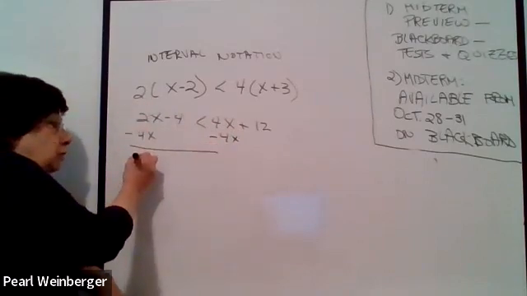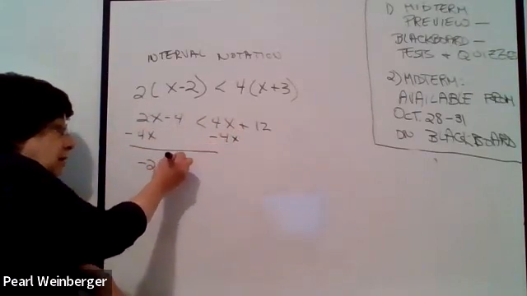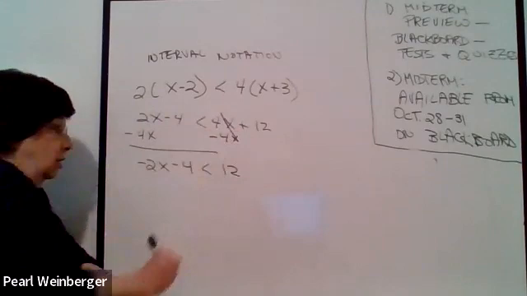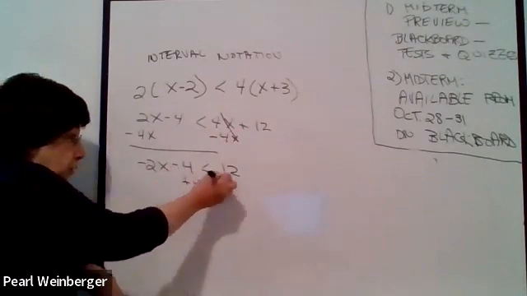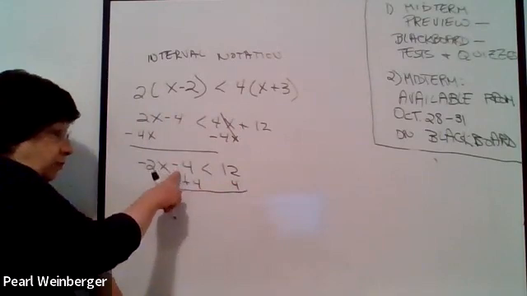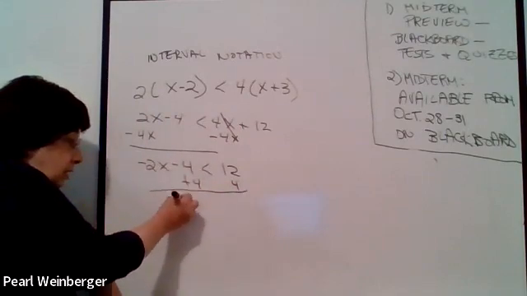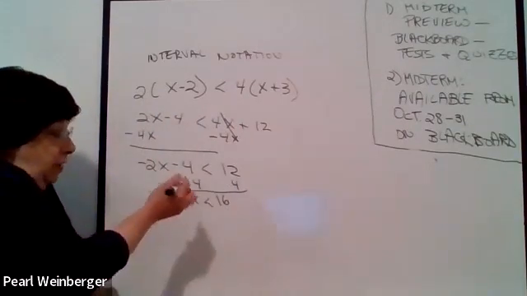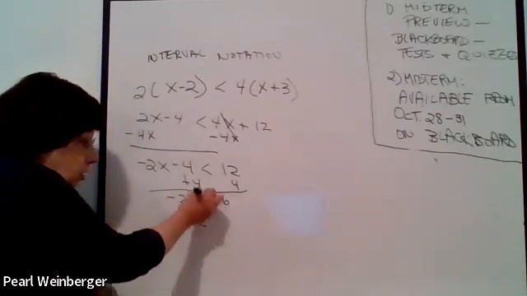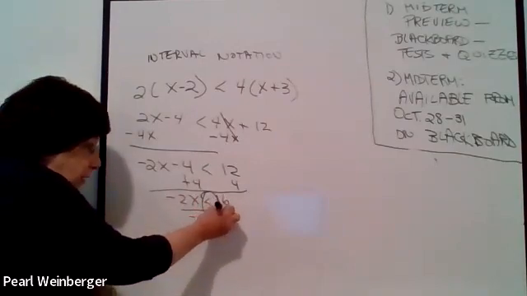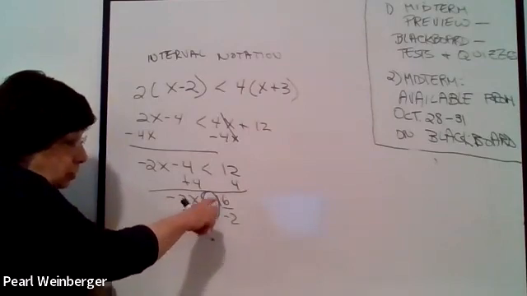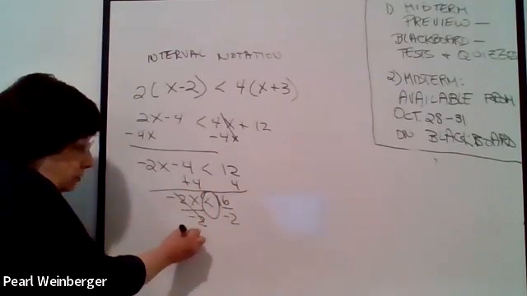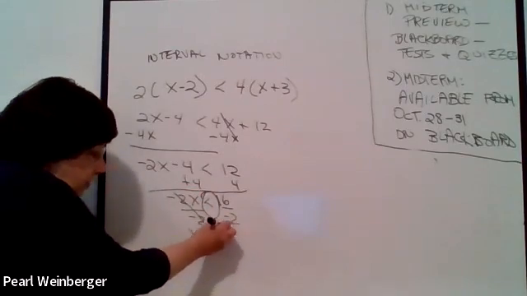And 2x minus 4x will give me negative 2x. Minus 4 is less than 12. Gone. And then I'll add 4 to both sides to get rid of this negative 4. So I'll get negative 2x is less than 16. And now I have to divide everything by negative 2. Don't forget, when you're dividing by a negative number, the direction of the inequality switches, so that this ends up being x greater than negative 8